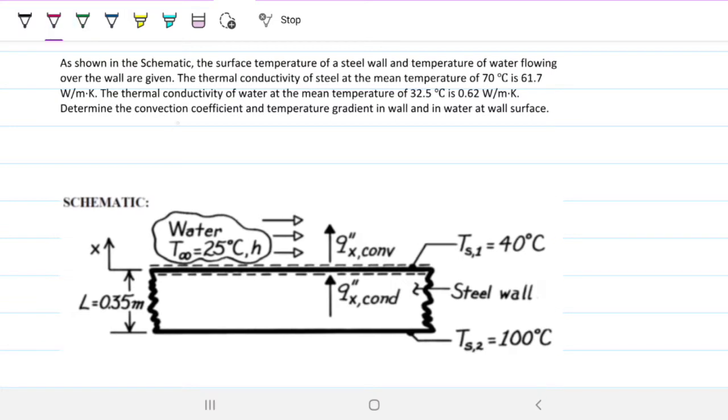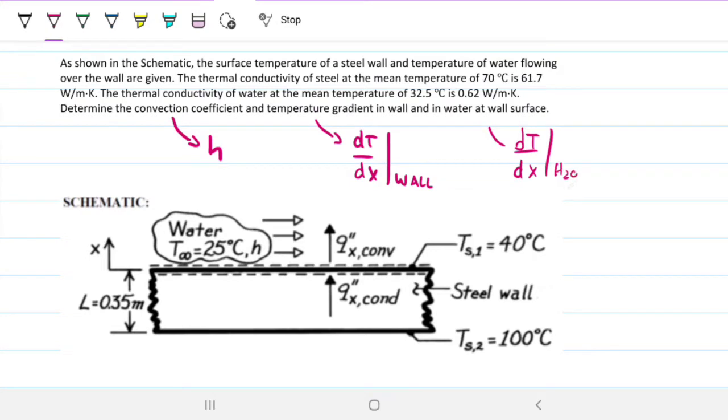So you're asking us to determine h, the temperature gradient, that will be how temperature varies with the distance for the wall, and dT/dx for water at the wall. Okay,